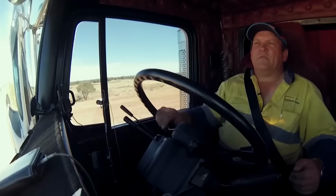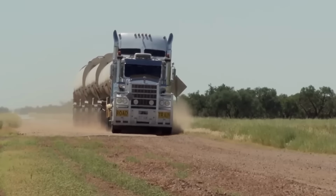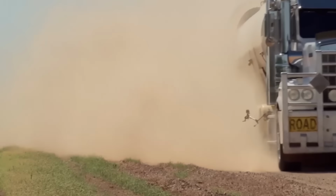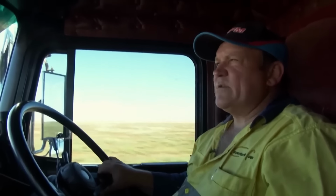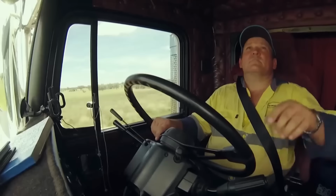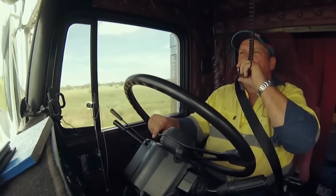We're just coming up to the end of the bitumen on the Donohue Highway. Say goodbye to our hard black stuff and hello to the different coloured rough stuff. He's on the dirt, and for the first time in 3 days, there's not a cloud in the sky. Jason can start thinking about offloading some fuel. The first delivery we'll do will probably be about 6 hours' time. But just as he's settling into a long, straight drive,